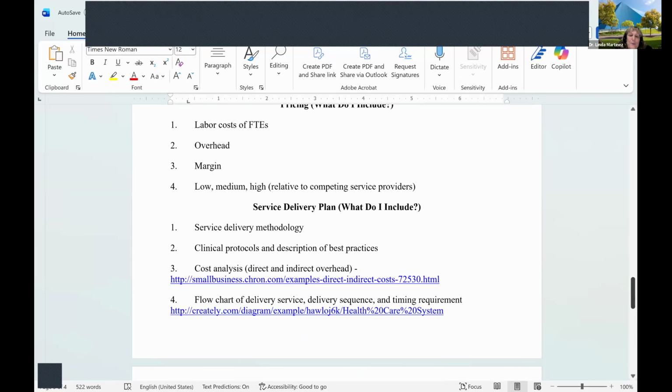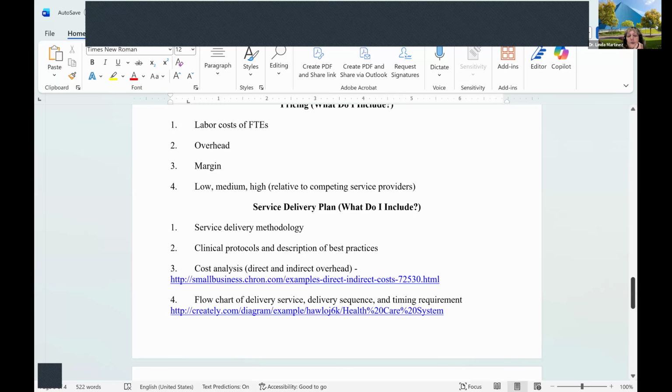All right. Service delivery plan. How are you going to deliver your service? At a building? Are you going to have a van? Even if you think to yourself, wow, if we have a van, we won't have to worry about all the insurances and so on. Even if you choose to have a business that's a van, like maybe you're a medical equipment delivery service, you still have to have a building, because you're going to need somewhere to park the van. You have to have somewhere to keep the equipment that you are delivering. So you still have to have a building, but how are you going to deliver your service? Is it going to be at the building? Are you going to go to them?